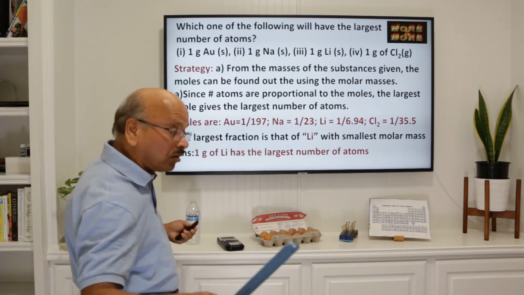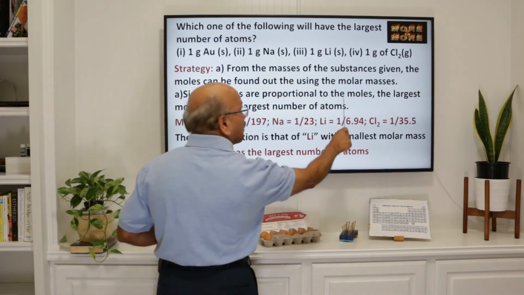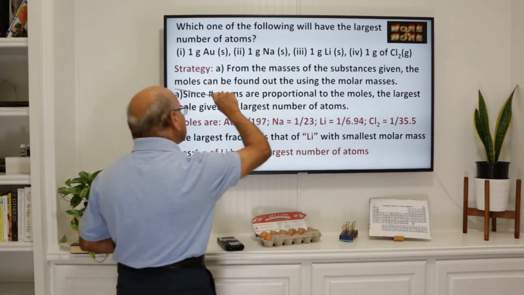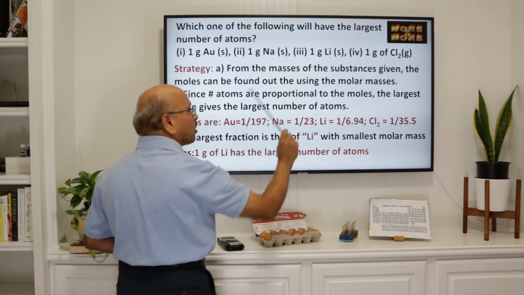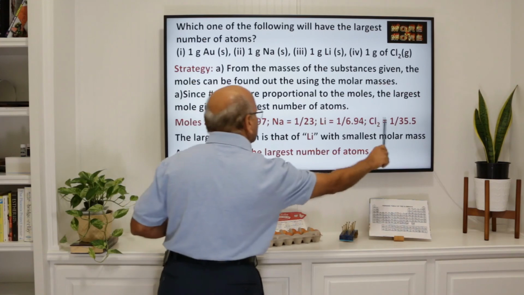That is the same for all of them. So they're proportional. Since the number of atoms is proportional to the moles, the largest mole gives the largest number of atoms. That's the question. So if we look at all of these things,